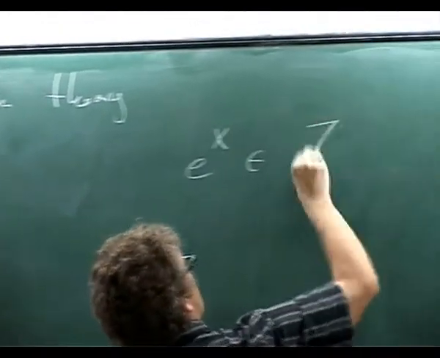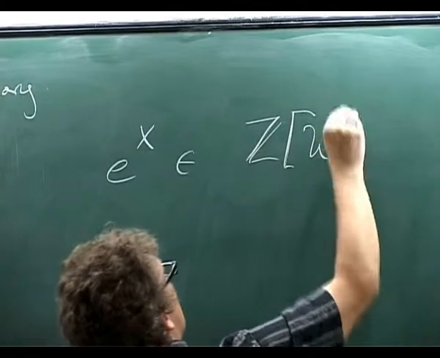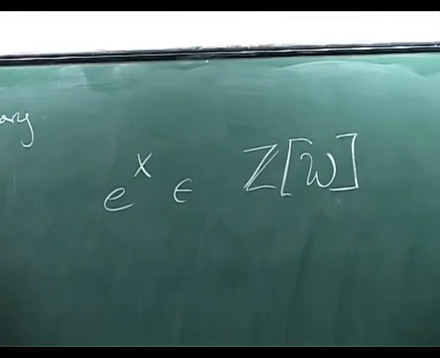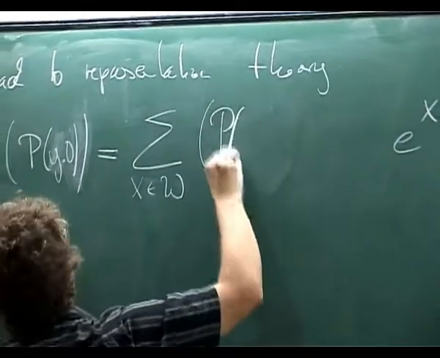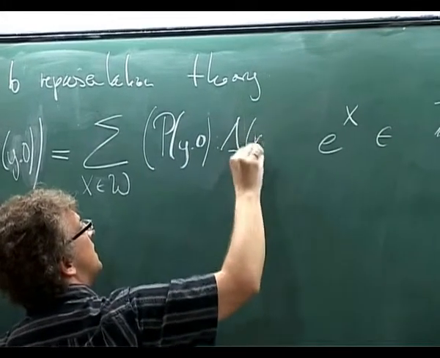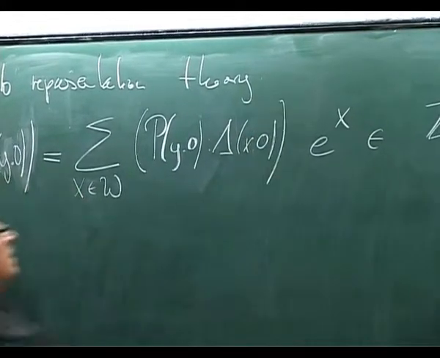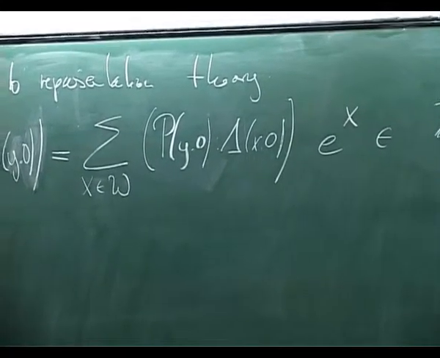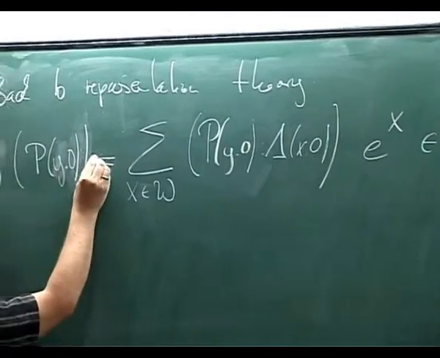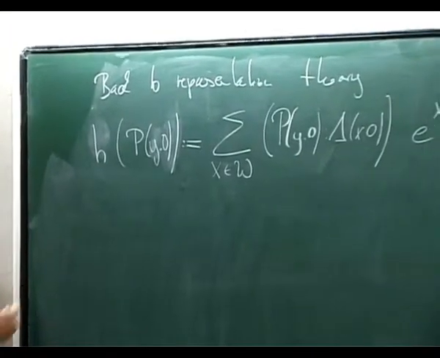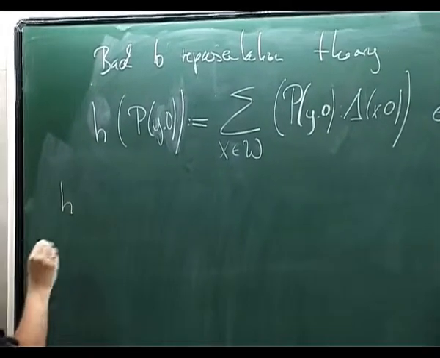This will be an element in the group ring of the Y group, and the multiplicity here, let's just put p_y dot 0 delta_x dot 0 e to the x. Okay, I mean this is just a definition of h_y dot 0, and now we can translate the Kazhdan-Lusztig